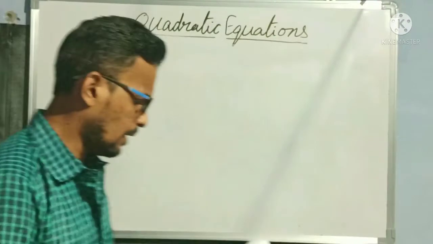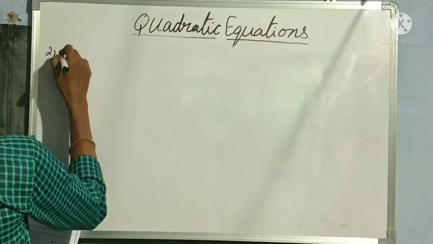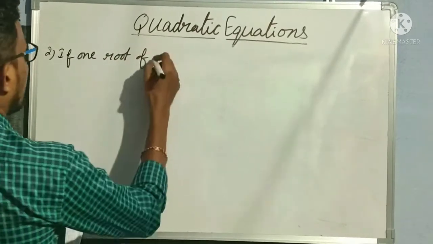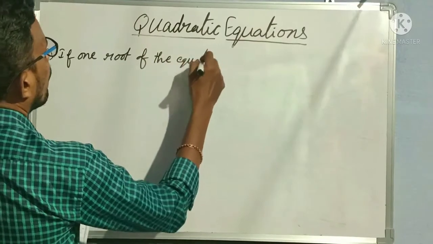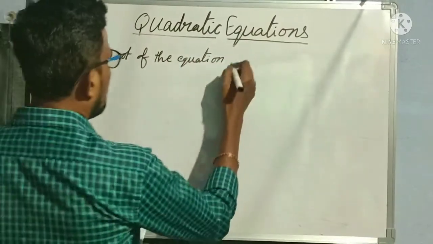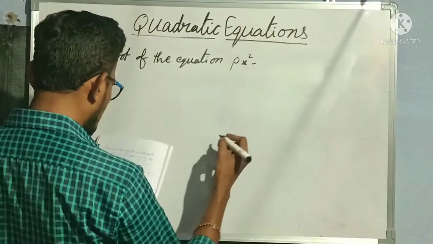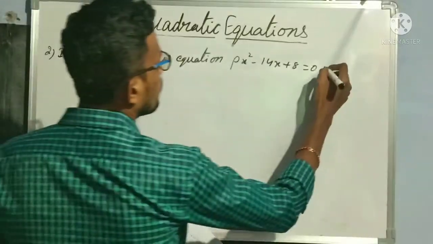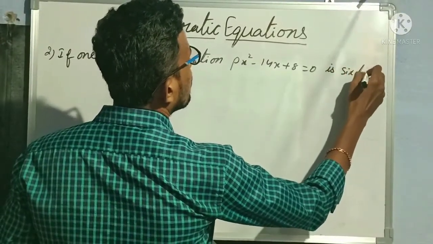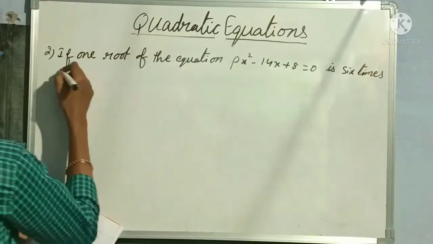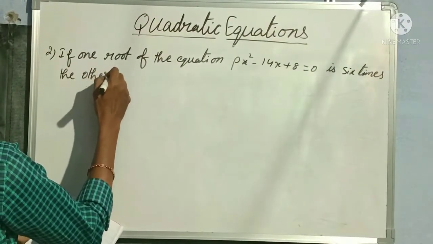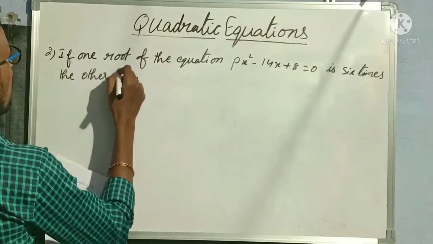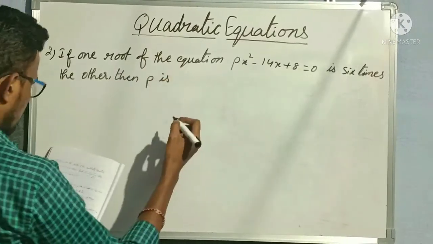So, second question. If one root of the equation px square minus 14x plus 8 is equal to 0 is 6 times the other, then p is equal to